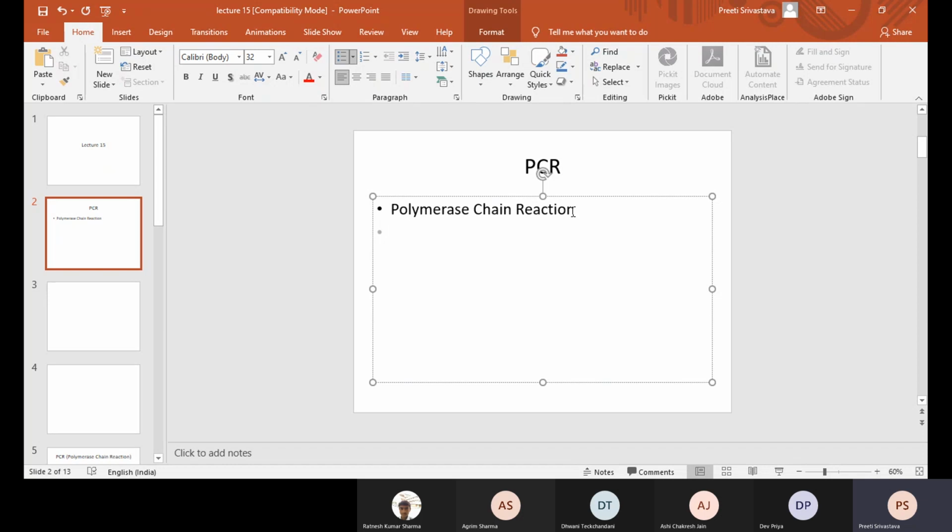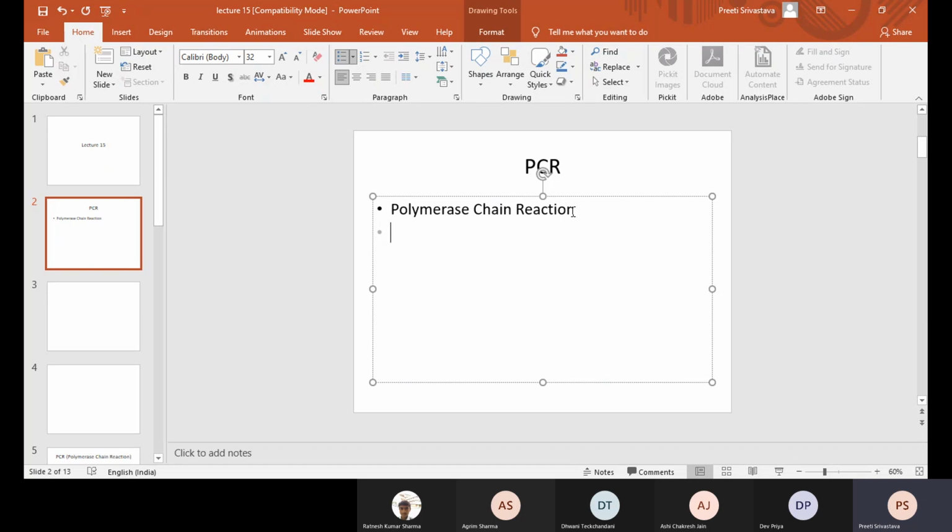PCR is polymerase chain reaction. The term itself means that it involves a polymerase, and it is a chain reaction. If you remember, in chemistry or something, you have a chain reaction, like fission, fusion.